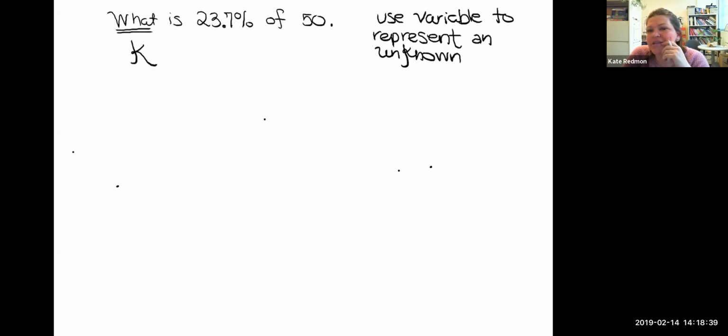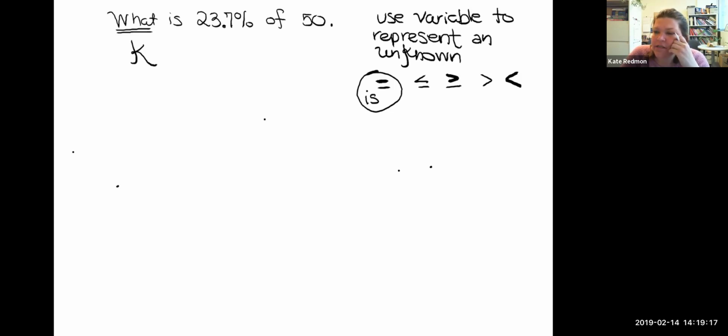Now, notice the next word I see. I am directly translating. I'm going word for word right here with this problem. The next word I see is the word is. And mathematically, when you get to the verb part, that's when we get to our equality and inequality symbols. So you might just see plain the word is. That's an equal sign. If you saw is greater than or is less than, then that would be an inequality